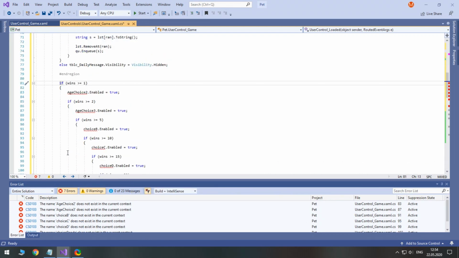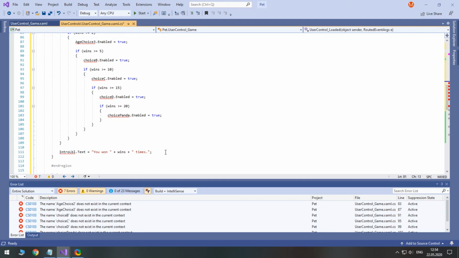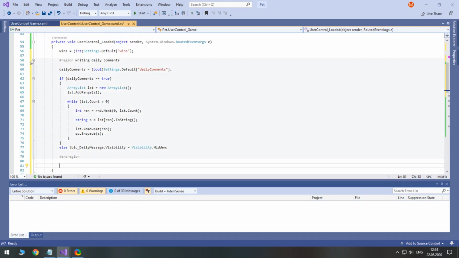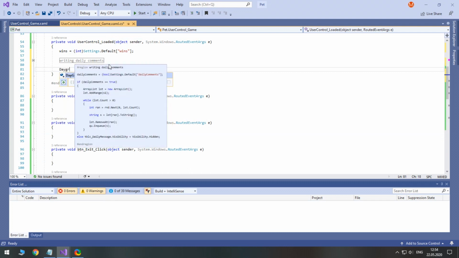We don't need any win stuff here because that's for pet selection. Instead, we need to set the game stats.